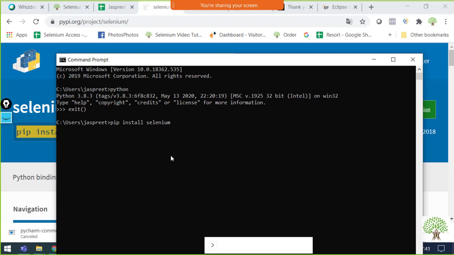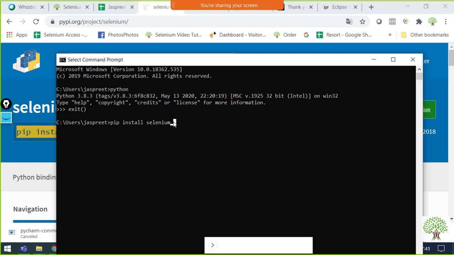By using this pip, you can install and uninstall a number of packages that are not by default in Python. And this pip is already in your Python package. When you install Python, this pip is already there. So you need not download or install it from anywhere. It's available if you're using Python 3 version.